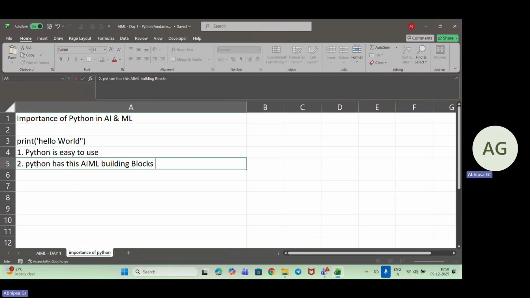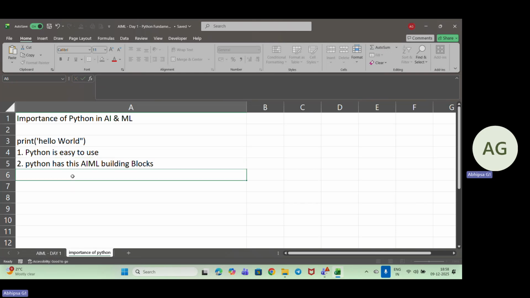We are using TensorFlow, Keras, PyTorch. These are being used to make image classification, emotion detection, object detection, chatbots, fraud detection, recommendation systems, face recognition, all without starting from zero, because there are inbuilt AI/ML models. You don't have to write the code from scratch to do each of the steps in order, right? Everything is done. You need to call the library and you can do the work accordingly.